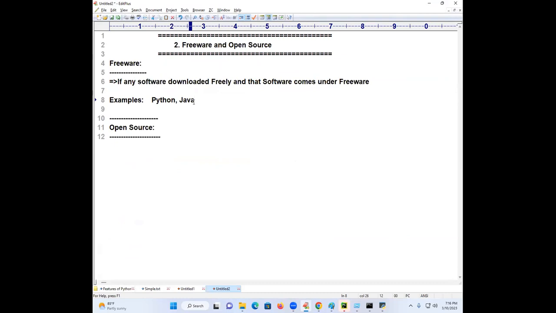Java is also one of the freeware only. Understand? And the doubt you need to get it immediately. Sir, Python software is so popular, the first choice for the programmers nowadays. Once they are giving it free of cost, how will they get the money? Right or not? How will they get the money?